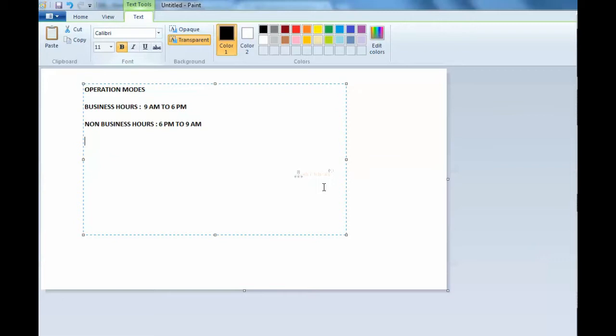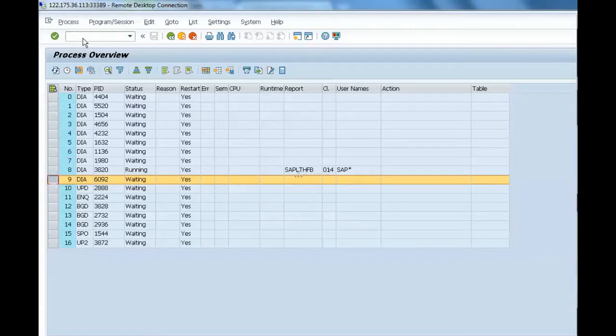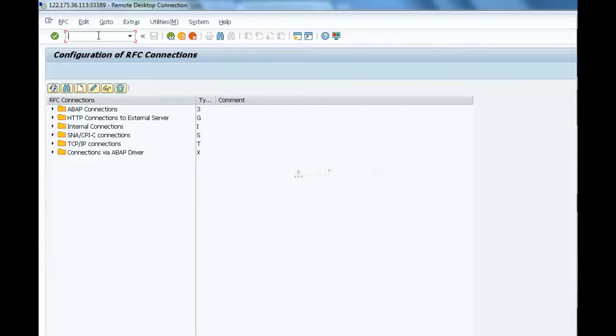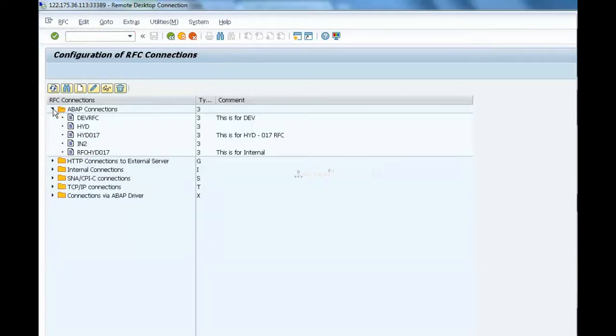Can you open that one? There we give the target system, the hostname or IP address. In the IP address, can we give 2 or 3 IP addresses, or do we need to give only a single one? Only single.